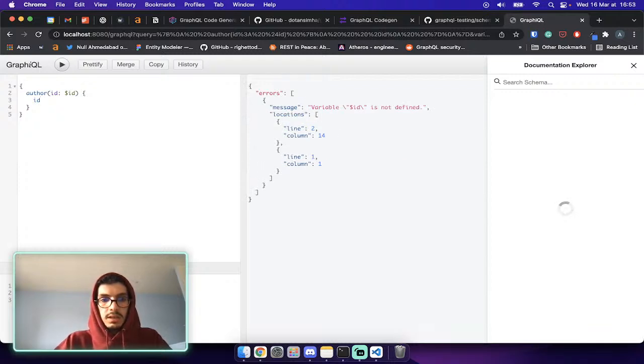Variable ID is not defined. Oh yeah, I need to say